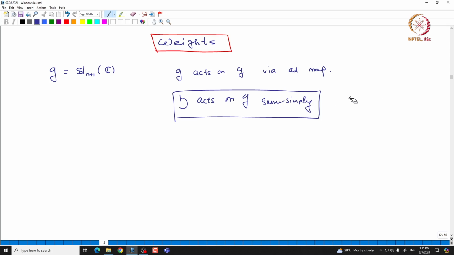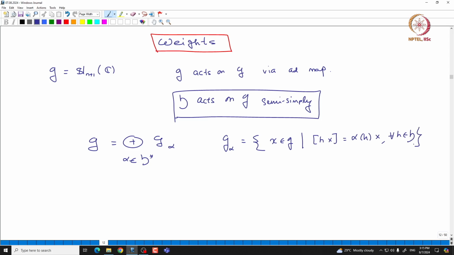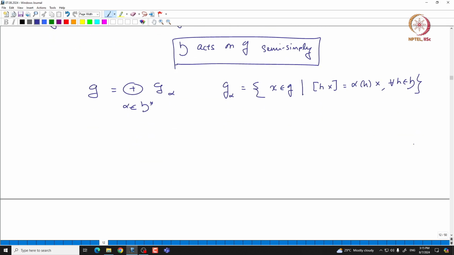In particular, if we look at the action and see what the simultaneous eigenspaces are, which are also called weight spaces, let us define them. It is clear that G can be written as the direct sum of G_alpha, with alpha coming from H star, where G_alpha is defined to be the simultaneous eigenspace for the action of H. These are those x in G such that the bracket [h, x] is given by alpha(h) x for all h in H. I left it as an exercise, but let us work it out. If we take the weights of this adjoint representation, which are those alpha in H star such that G_alpha is non-zero,